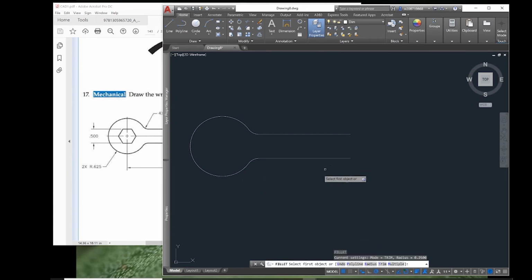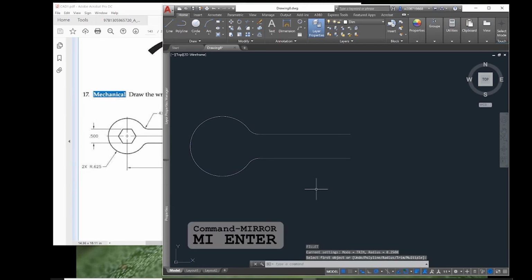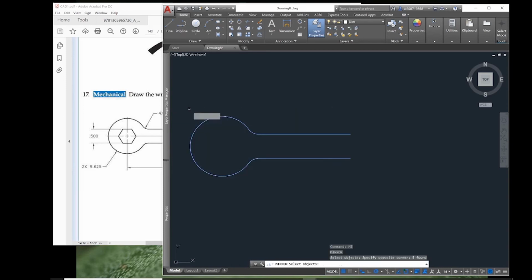Now that I have this half, I'll call the mirror command using the shortcut MI enter. I'll select the objects to mirror, which is everything so far, press enter, and now it wants to know the mirror line, which is these 2 endpoints over here on the right. As I click them, you can already see the preview here,